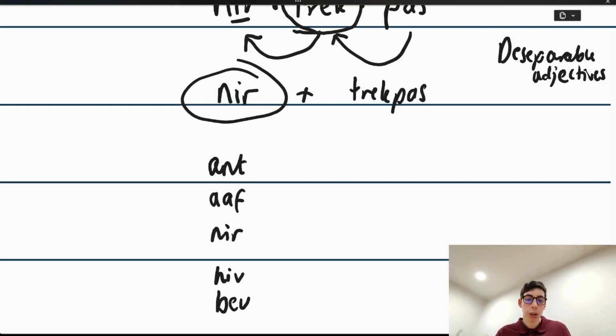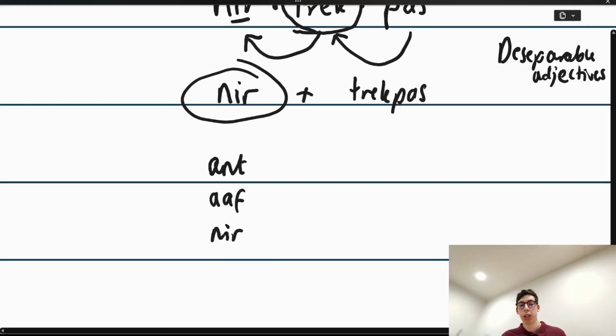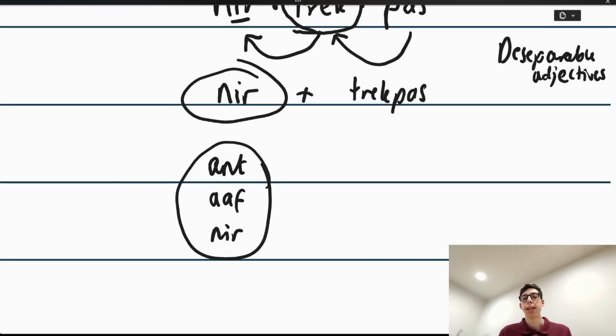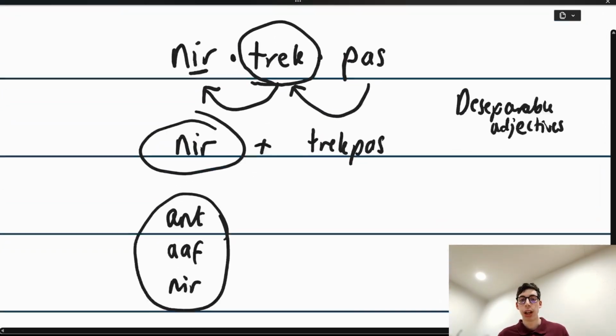And you learn these over time. Some are more common. Basically, the most common ones are going to be these three. And they kind of fly around annoyingly. And when you see these at the start of words, they're there because they come from a verb where these were attached to the end. So, for example,